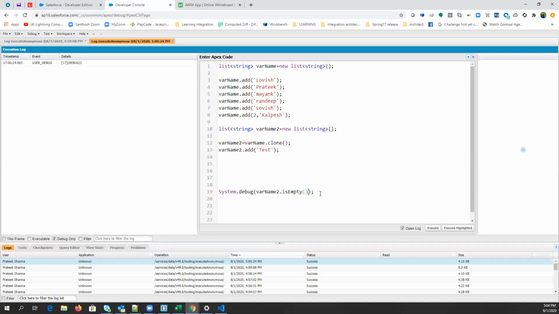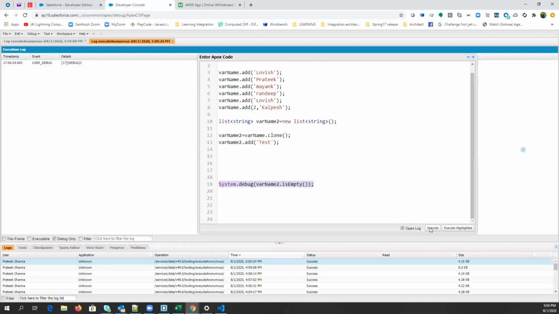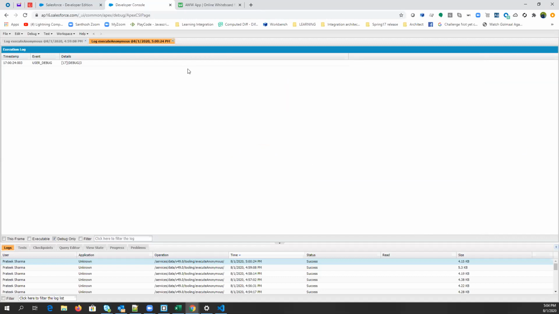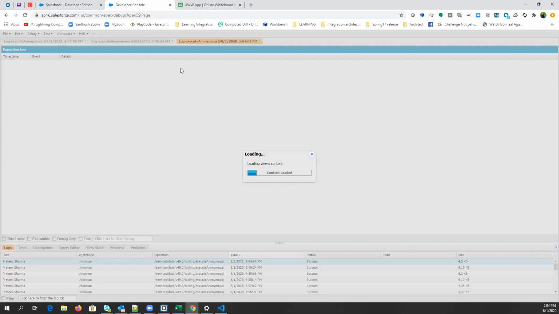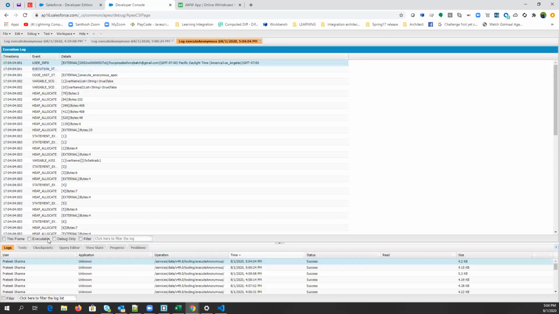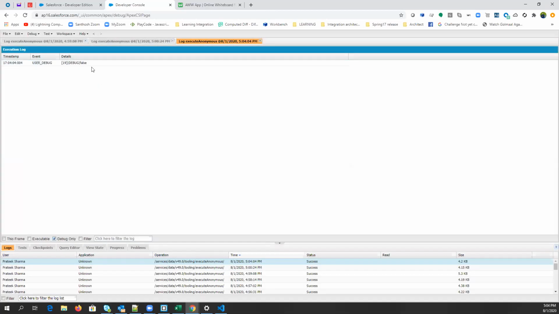So what do you think, when should it be used? To check if the list is empty or not, like when we are using a condition. Absolutely. We are getting false as the return.